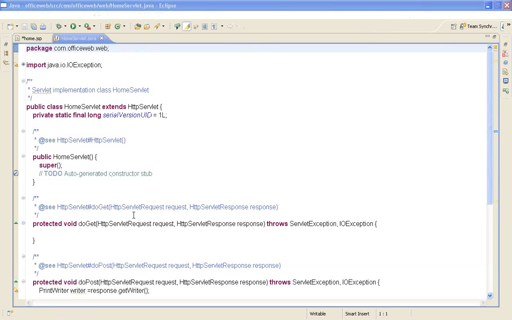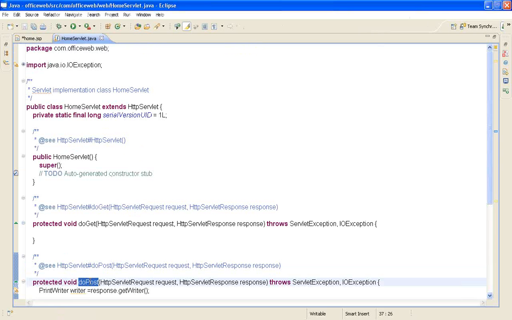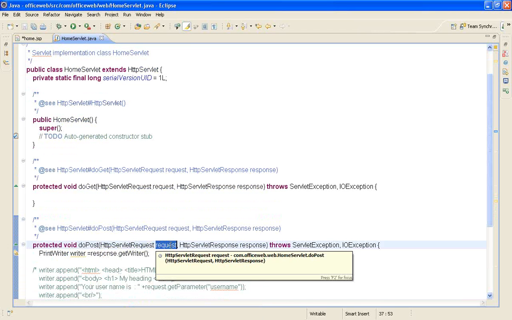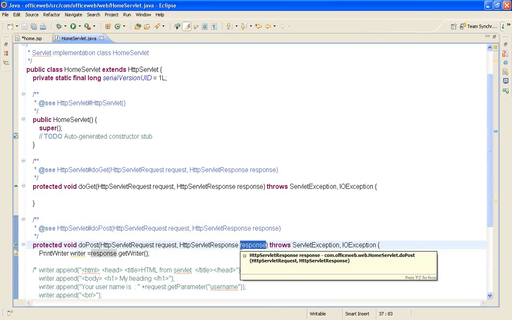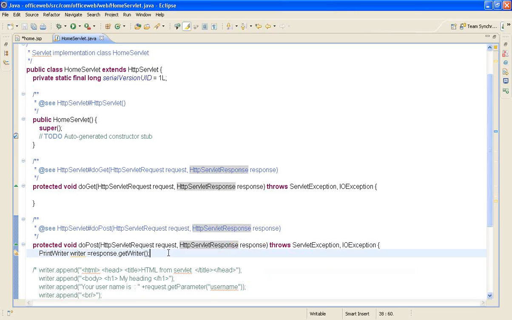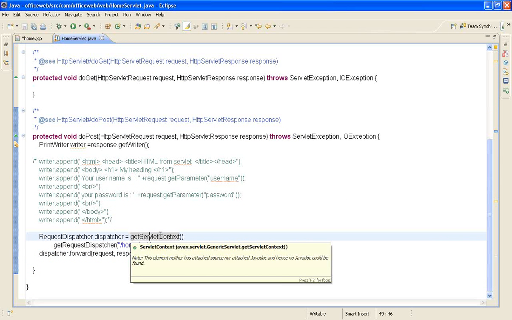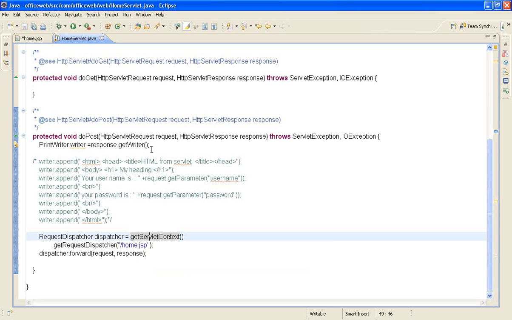If you look at the servlet, you look at these doGet and doPost methods. I think we will be writing code mostly in these methods, right? Here I am getting HttpServletRequest and HttpServletResponse objects. That means that in the method I have access to request and response, and also, see here, getServletContext is giving me the context. So there are certain objects available for us in the servlet case.